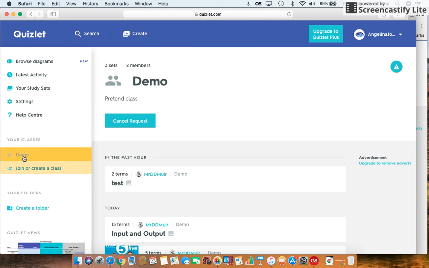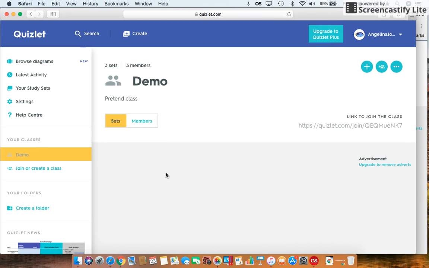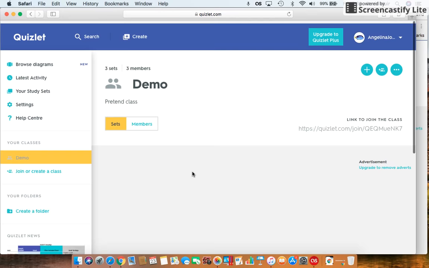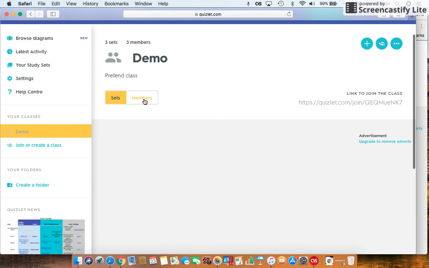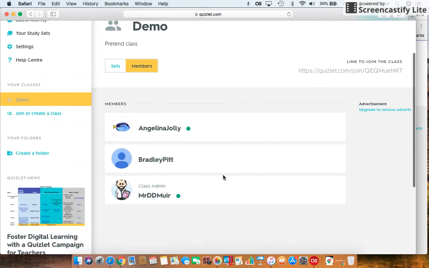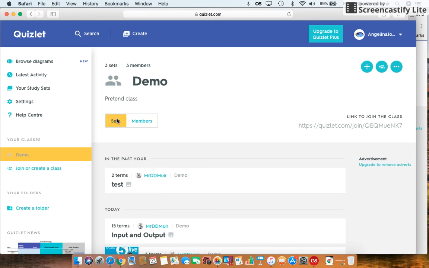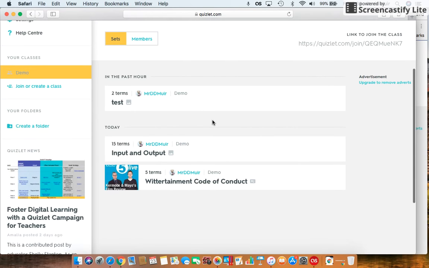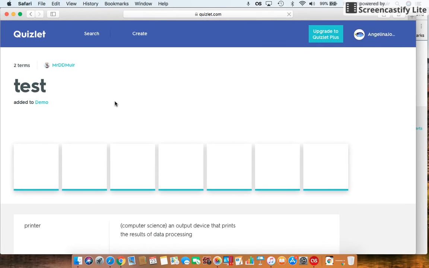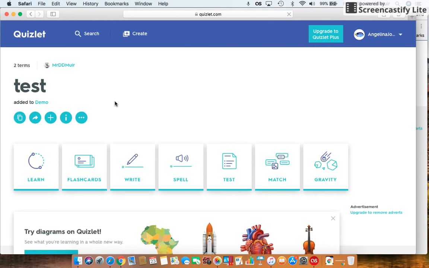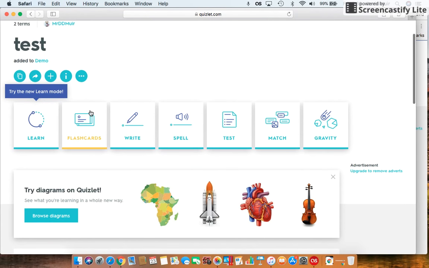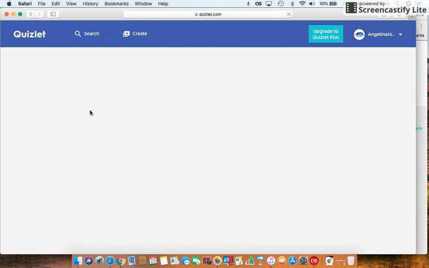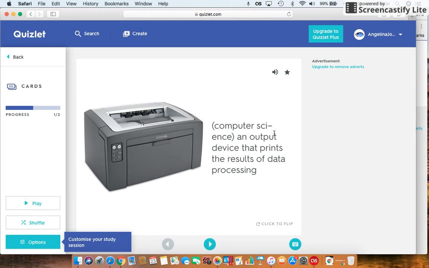So we're going to go back to Angelina now. So she is now a member of this class. She should be able to see who else is a member, so she can see the other people, but she should also be able to see the sets that have been shared with her. So in this case, we're just going to have a quick look at the test one here, and you can see that she has all the facilities, so she can do just a quick learn. There's only 2 terms in this one,